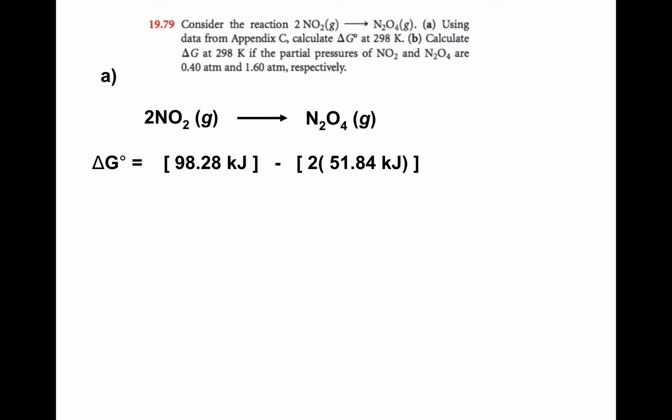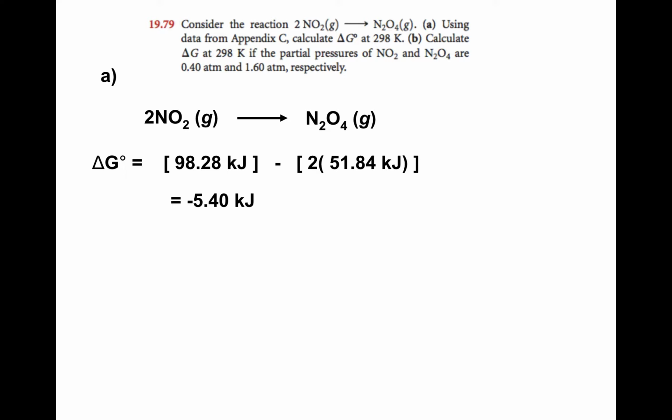Consider the reaction nitrogen dioxide turning into dinitrogen tetraoxide. Use the data from Appendix C to calculate delta G naught. So we look it up, plug into products minus reactants, and we get a negative value for delta G naught. Calculate delta G at 298 if the partial pressure for NO2 and dinitrogen tetraoxide are 0.4 atmospheres and 1.6 atmospheres